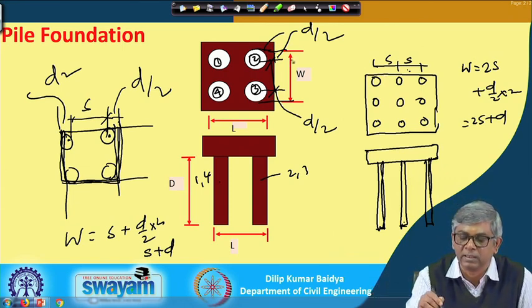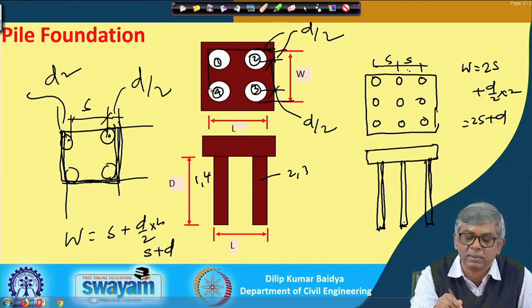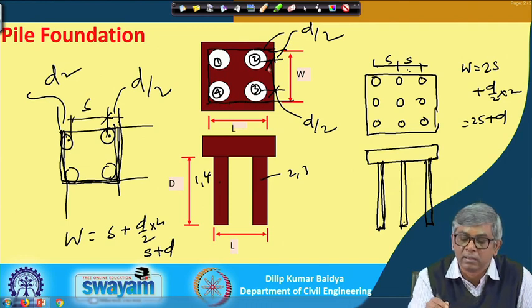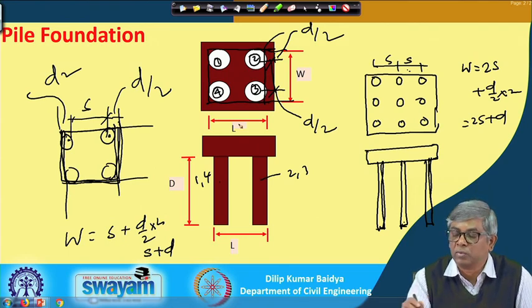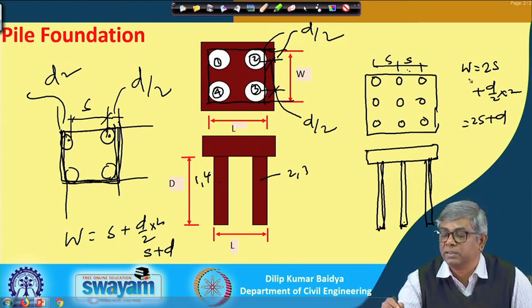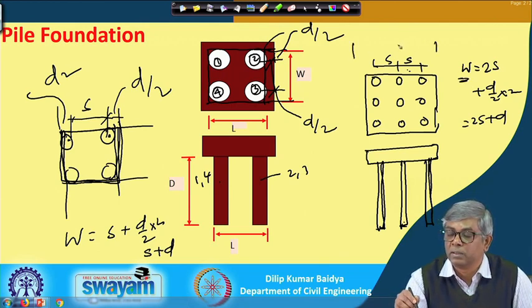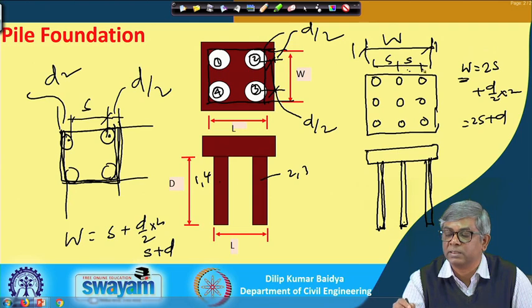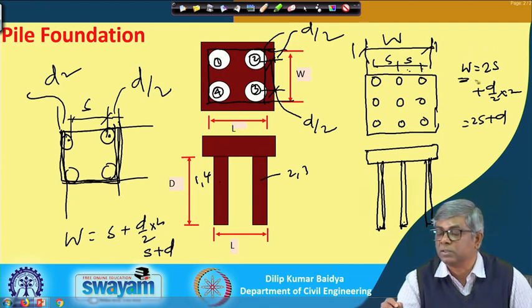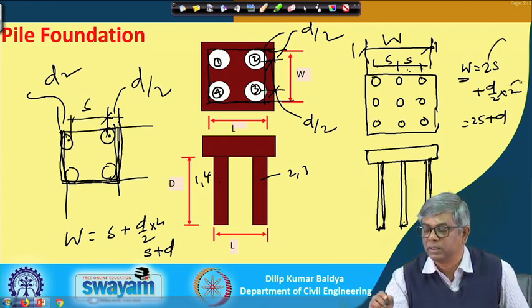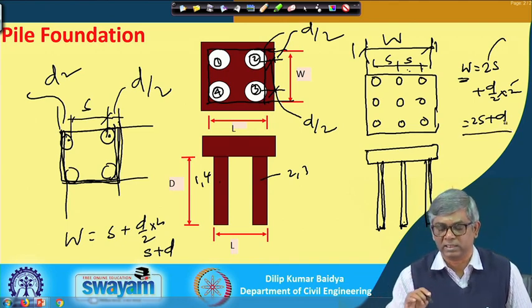Here, similarly, I have shown how we have got W, because if I draw the line tangentially, that gives you the W and L. Now, how to find out W and L, that is the way it is shown. If the width W is this, then you can see S plus d by 2 plus d by 2. That is why I have written twice S plus d by 2 multiplied by 2, so twice S plus d ultimately.